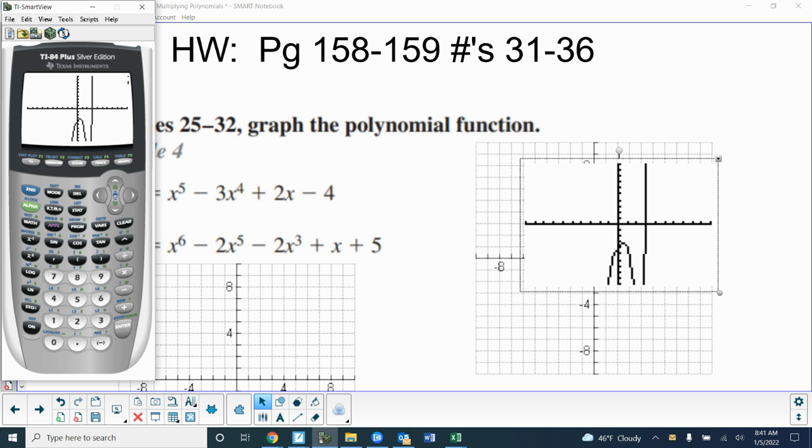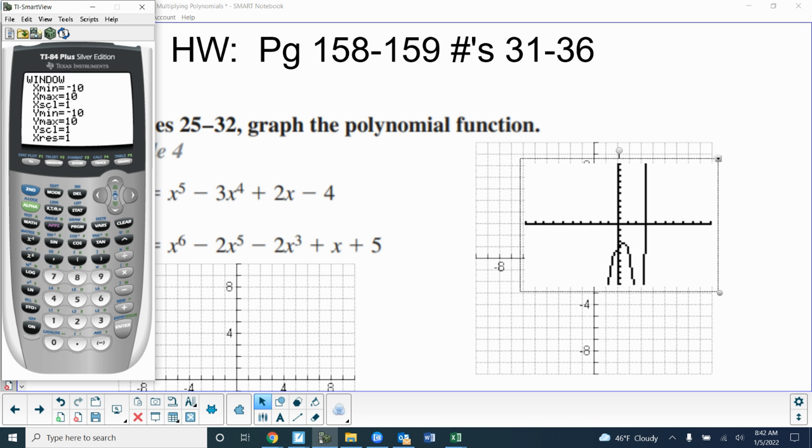All right. Also, next to zoom is window here. If I hit the window button, all right, it's telling you that it's showing you from -10 to 10 on the x-axis. This last mark here is -10, and the last one to the right is +10. And it's also telling you from -10 to 10 on the y-axis, if you can see that. And then x scale and y scale is 1. It's going by 1. So you can change all that stuff to make it go by 5s or 10s. And you can make your x-min,